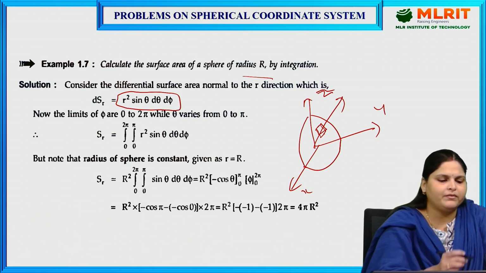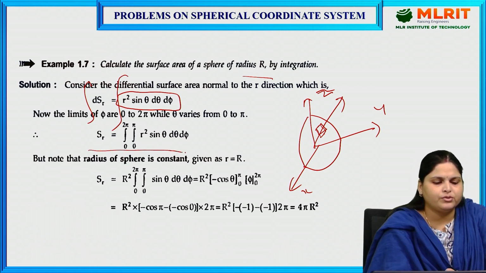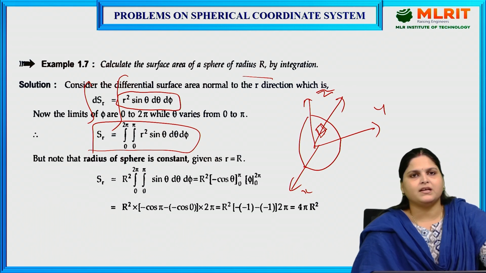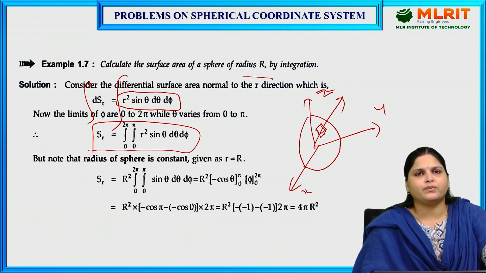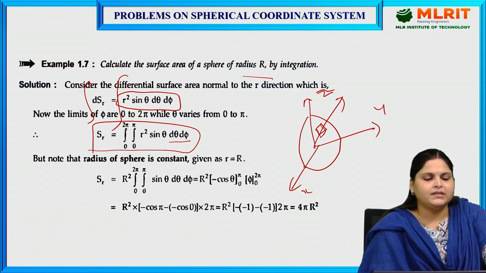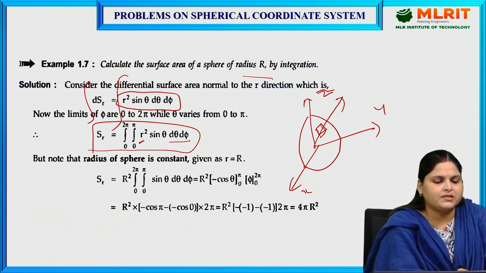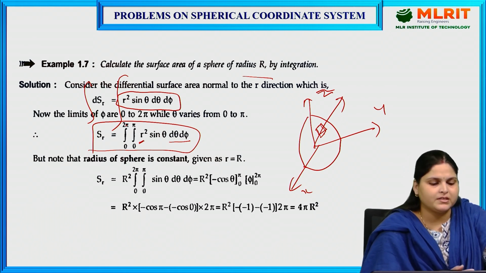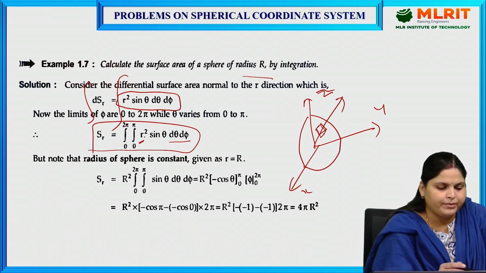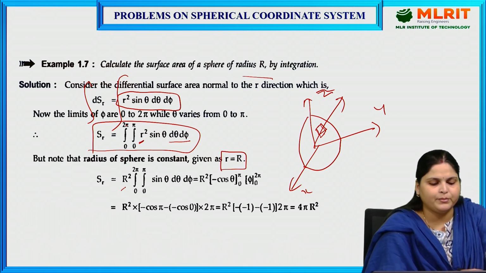Now again, if we want to find out, we need to integrate it. So on integration, two integrations will happen here. S is equal to the integration of r square sin theta d theta d phi. Because the integration is with respect to theta and phi, we will put the ranges of theta as 0 to pi and phi as 0 to 2 pi. Now there is no dr, so we will just keep this here, because r is equal to capital R, we will directly put the value.